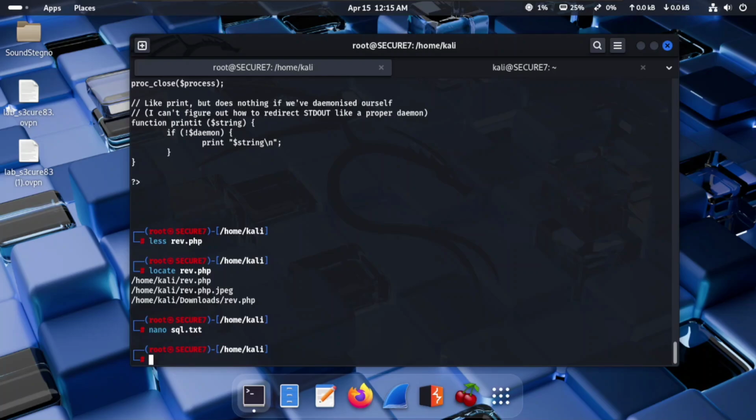Now the last command is sudo. Last but not least, sudo. This command lets you run tasks as a super user. Think of it as admin mode. For example, sudo apt-get update